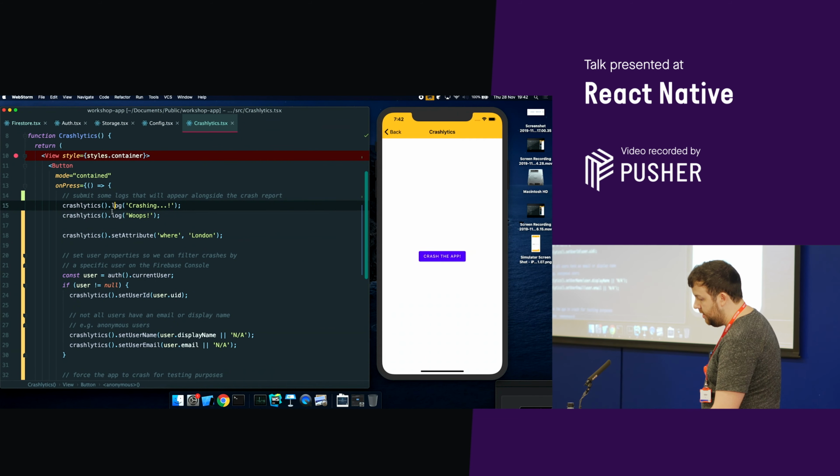log this to go with any crashes. I also want to set some attributes for the crash report, so when it crashes, these are available. I can attach user information, so if a user reported an issue, I can ask, what's your username from whatever screen, and I can go to the dashboard and filter by that user. And there's also a handy method to crash your app, which